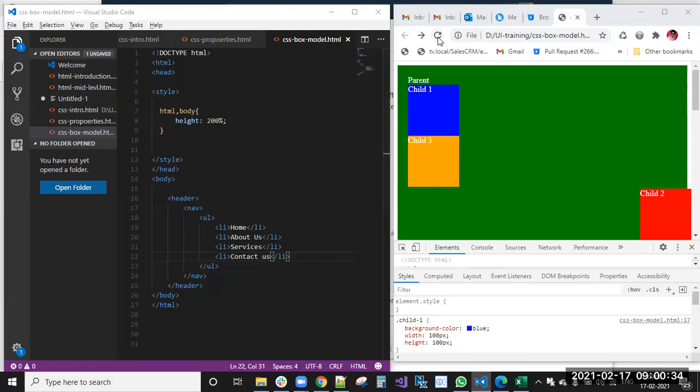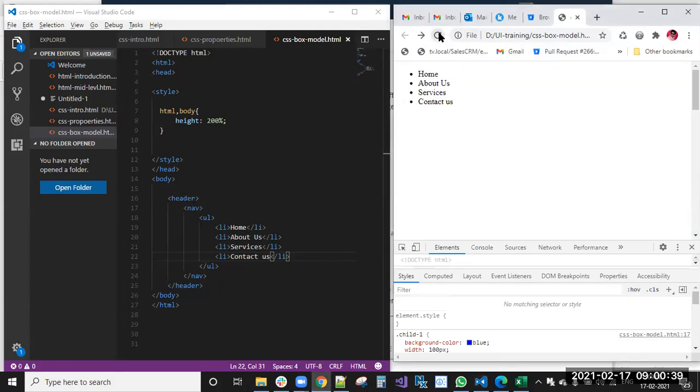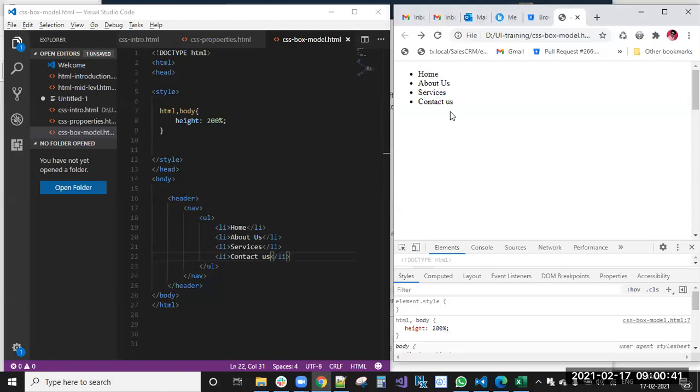I have not applied anything yet. Just these are the nav bars: home, about us, services, contact.